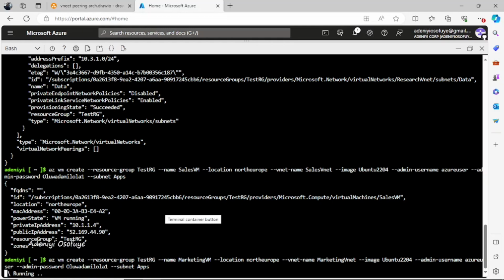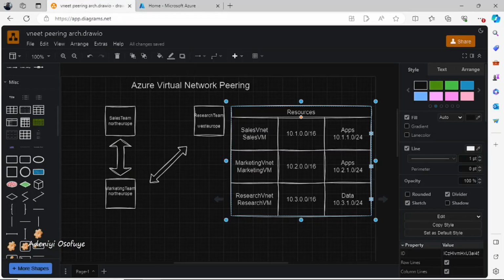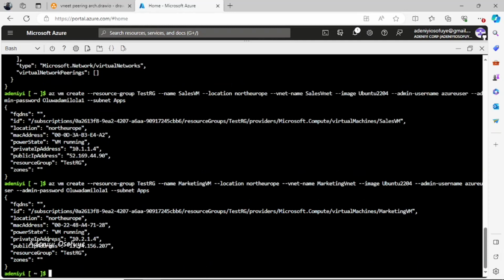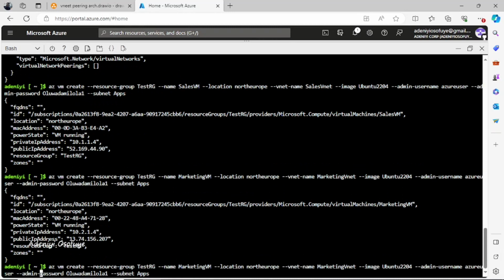So as we're waiting, which other one are we creating? We are going to create for research VM. So I want all the information to display like this. That's why I'm not even trying to add a command for it to be fast. So let's create for research VM. Research VM in location